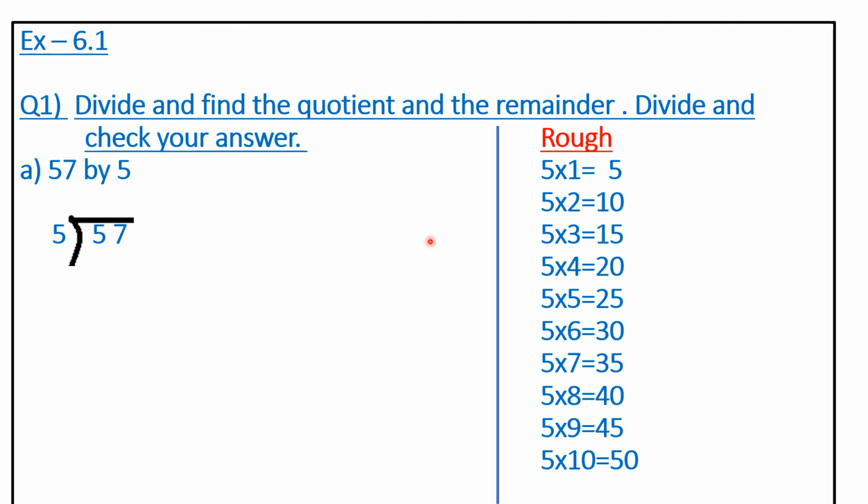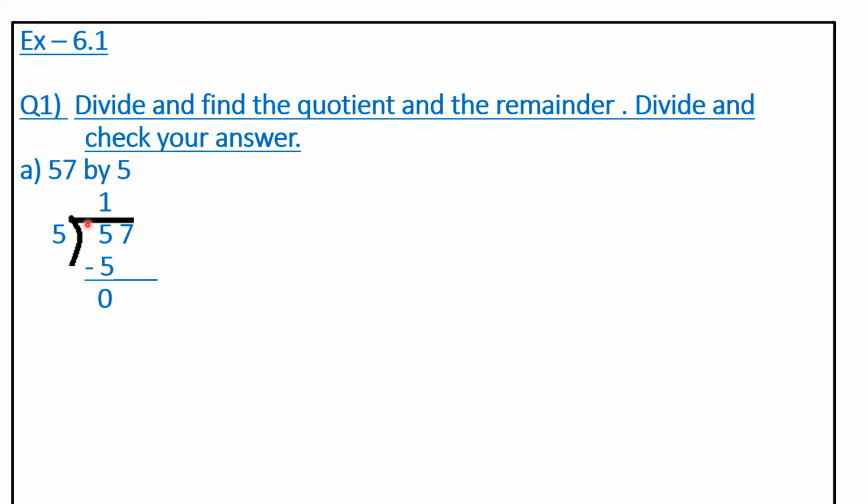Now let's see here the table of 5. 5 ones are 5, 5 twos are 10. So you have to find out this 5 or less than this 5. But you may see we are getting 5 here. Yes, so this table of 5 comes. In how many times are you getting 5? 1 time. Okay. So you apply here 5 ones are 5. Clear? So we write here 5, 1 times 5. So write, yes, 5 ones are 5.